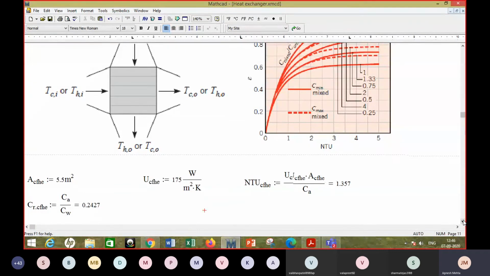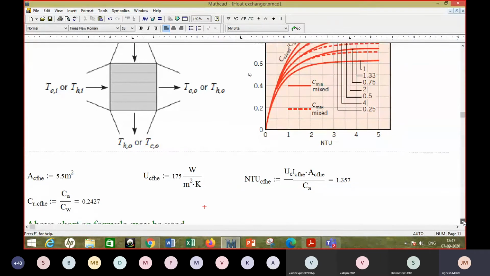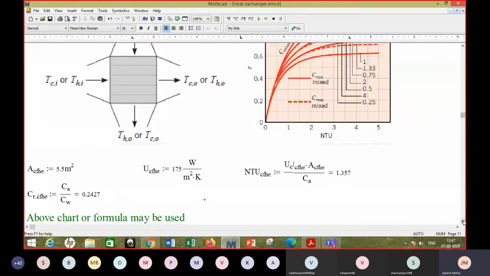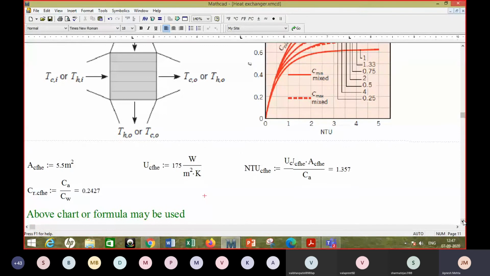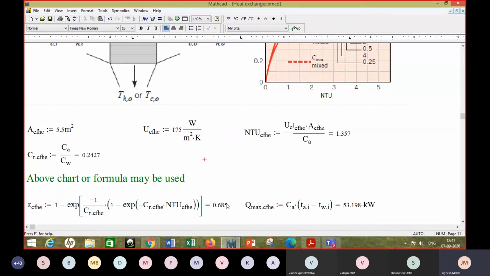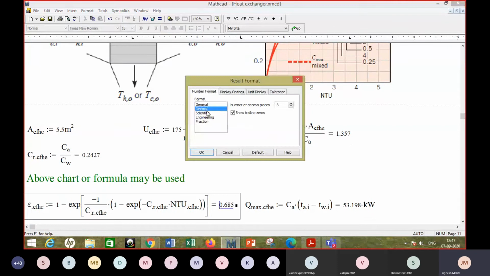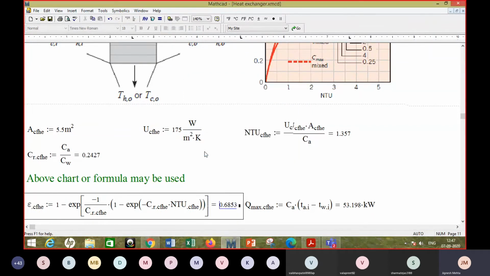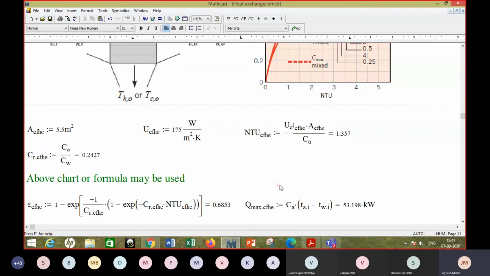Of course, I won't advise that you need to mug up the formula. If it is to be used, then it will be available, and the table can be given in the appendix of the paper. So this formula is used and you get roughly 0.685. And to go up to 4 digits, it is 0.6853.